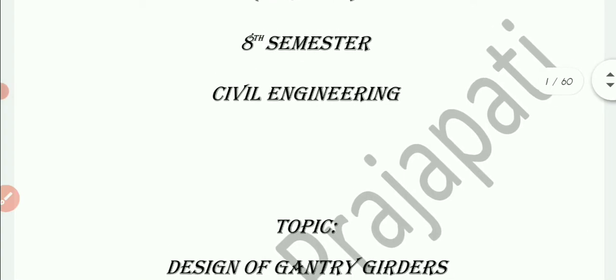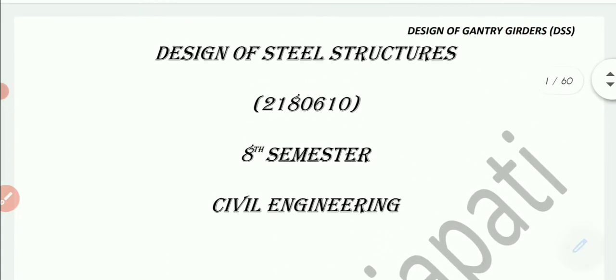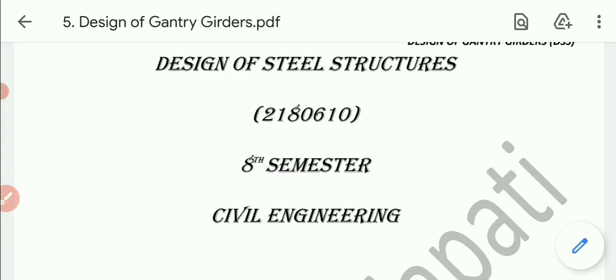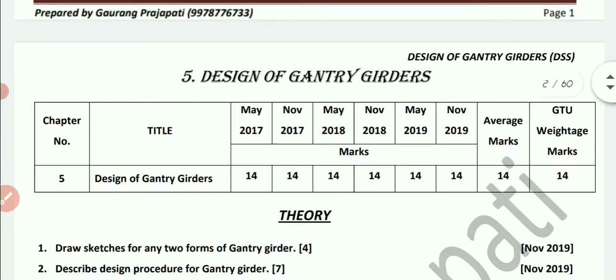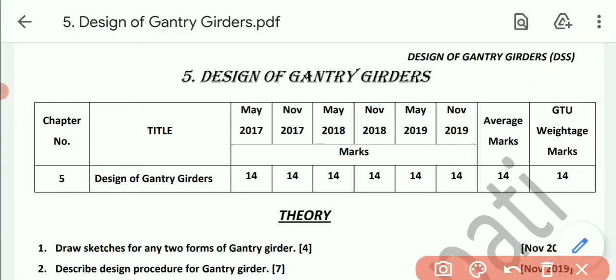Today I am going to cover the topic of design of gantry girders of the subject design of steel structures, 8th semester civil engineering. So first of all, let's see the criteria of the chapter, meaning the weightage of the chapter